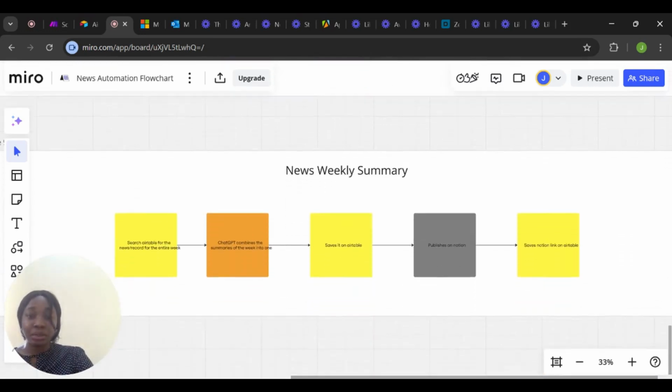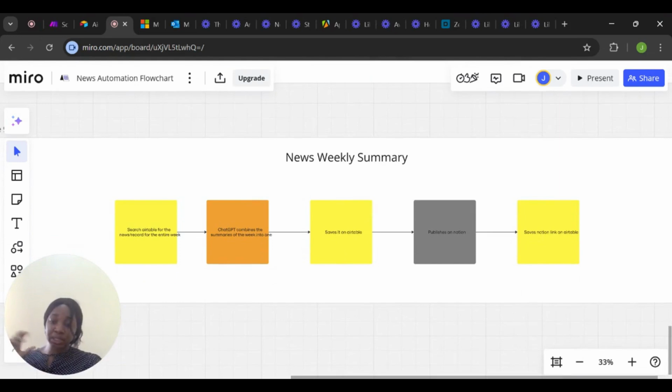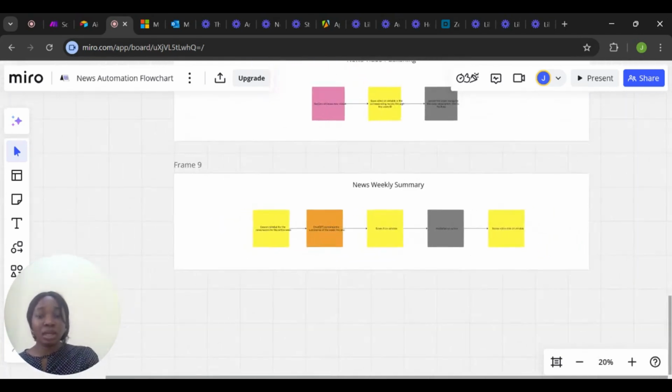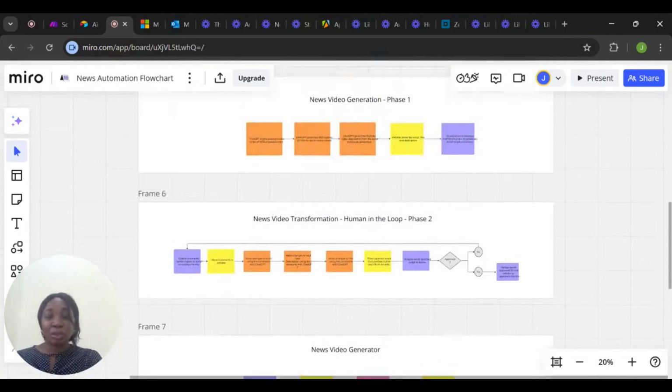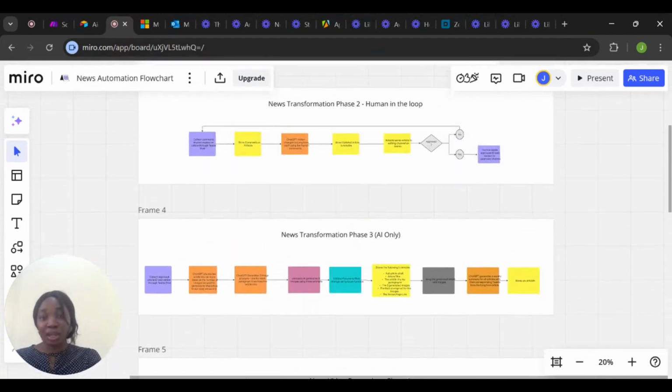So now the weekly summary: for every summary it generates for every approved article, at the end of the week, it compiles everything into one long form article and then posts it, so that you can post at the end of every week. So that's just a rundown of the whole process. It may look a little bit confusing right now, but once we get into the video proper, it will be a lot more